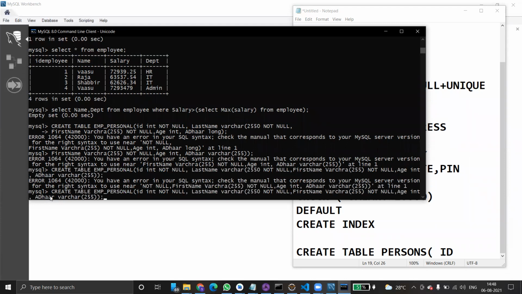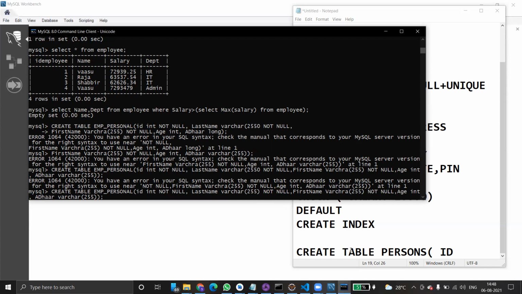Create table employee personal of ID integer not null last name varchar. Oh, here we have a parenthesis missing. Done. Oh, again a 0 is there. The 0 is not required.